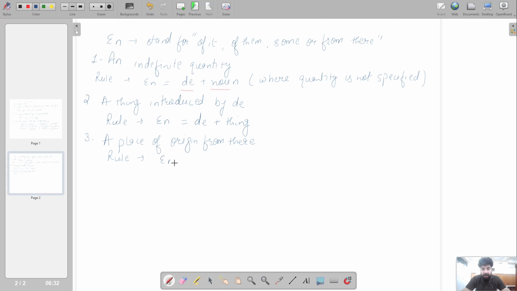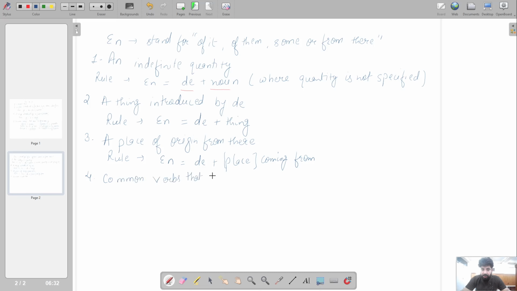So we can write en is de plus place, and this place should be mentioned, the place you are coming from. Okay. So now the fourth rule: common verbs